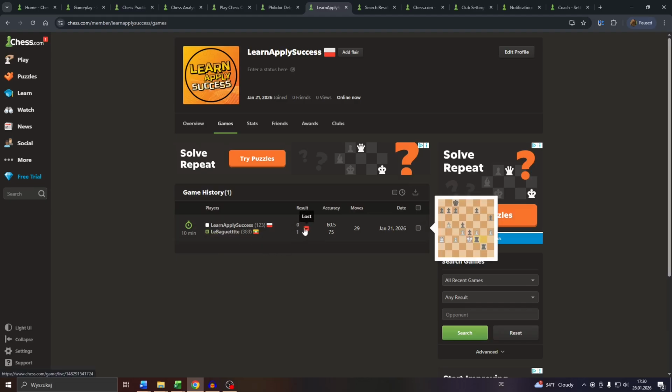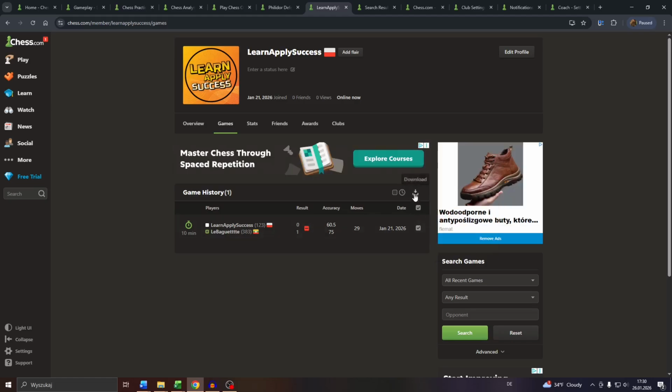With the result, as you can see, I unfortunately lost that match, but my accuracy was this, and the accuracy of my opponent was that here. The amount of moves that have been played, the date, and you may also select the given match, for example, and download it as an image, or for example, I don't know what this icon here is for, to be honest, but that's actually how you